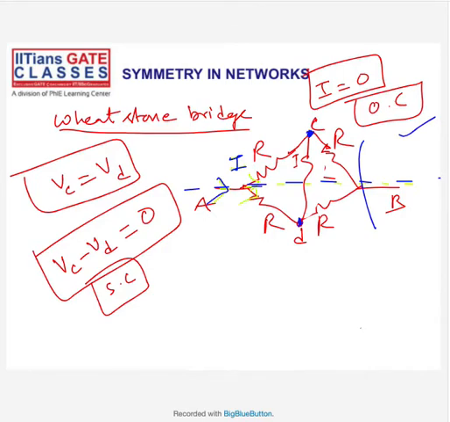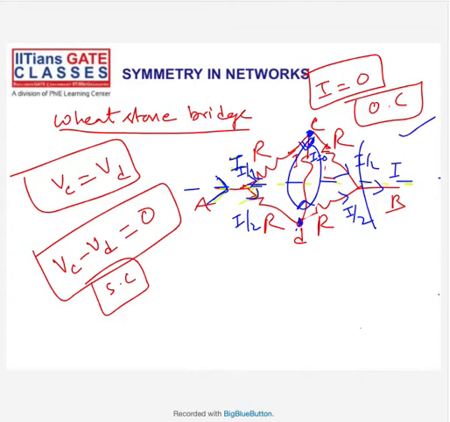That means when a current of I is flowing here, it equally divides into I by 2 and I by 2. So I by 2 comes here and I by 2 goes here, and I by 2 comes here and I by 2 goes here. So no current flows here. This is how you can say, for a symmetry, I can open this, or as the potentials are the same, I can short it.